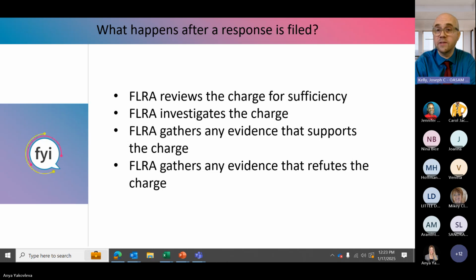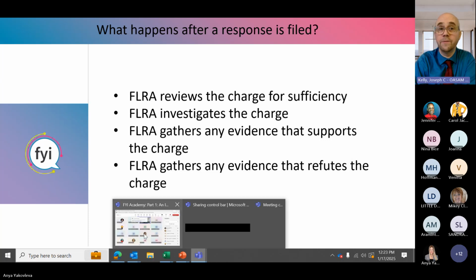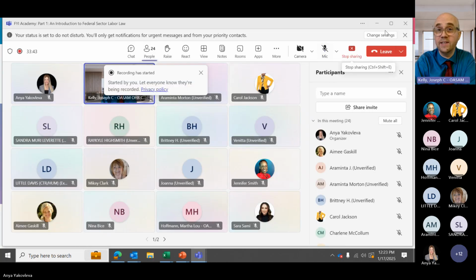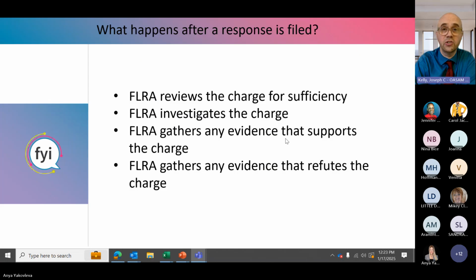Okay, so what happens after the agency files its response to the ULP charge? So the FLRA will first review the charge for sufficiency to make sure that on its face, it could be an unfair labor practice charge. So the charge needs to be sufficient on its face that this could constitute an unfair labor practice if what they're saying is true. So then if the FLRA finds a charge sufficient, then they move to the investigation stage